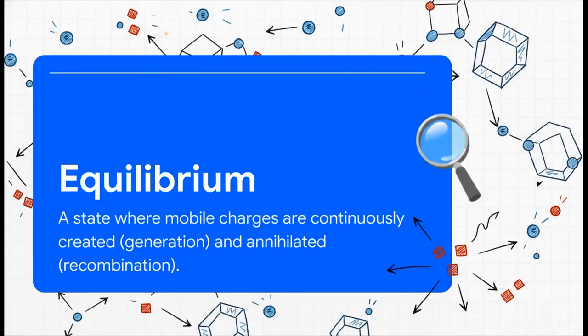Think of it like this. You have these mobile charges, right? Electrons and their opposites, called holes, which are just empty spots where an electron could be. They're constantly just popping into existence out of nowhere. That's generation. And then, almost as fast, they find each other and, poof, they disappear. That's recombination. This generation and recombination is happening at the exact same rate all the time, keeping everything in a